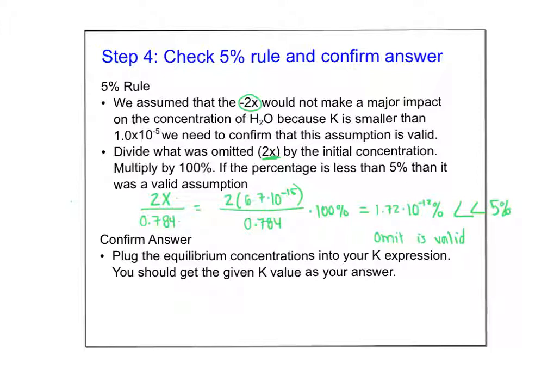So this work needs to be done off to the side or at the end of a problem to prove, if you're going to omit something, I will be looking for the 5% rule to be proven somewhere either right next to where you omitted or at the end of the problem. Okay? And then you can always check your answer as kind of a step 5. So for example, on that last slide,